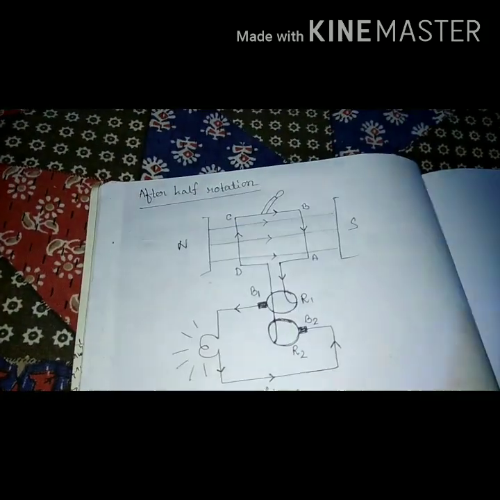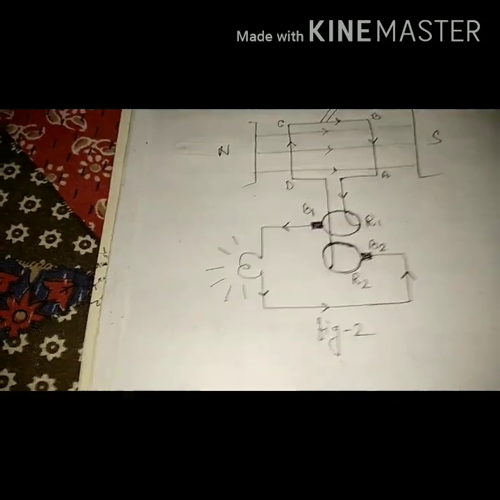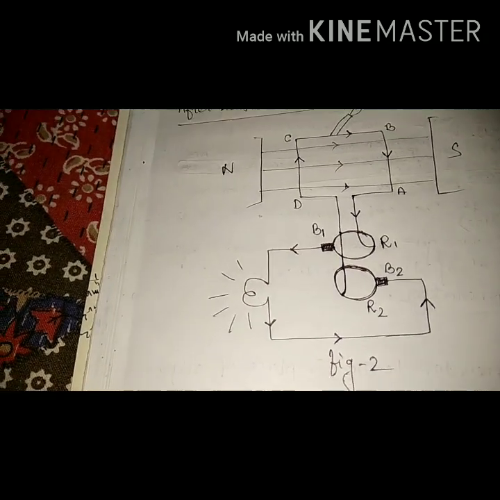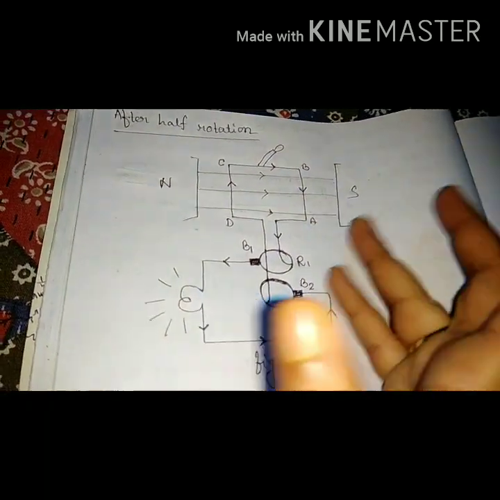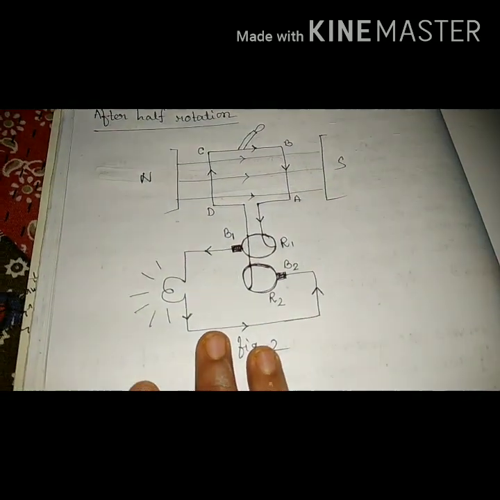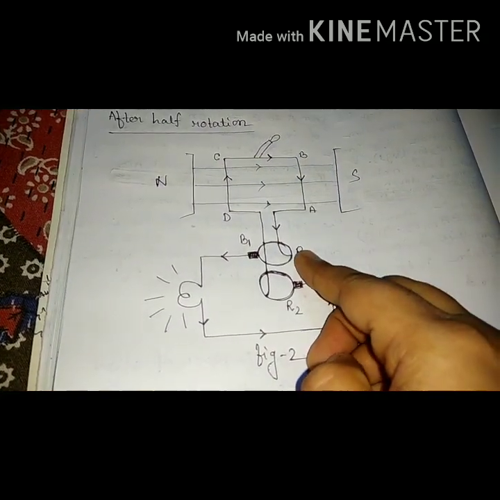Now when CD moves in the upward direction and AB moves downward, keep this in your mind for an electric generator: if the force is in the upward direction, then current is induced in the coil. So D to C, and in this case B to A. You can use Fleming's right hand rule to easily understand. So in this case we can say C to D, that means D, C, B, A, R2, B1, A, D, C, B, A, then B1, B2,